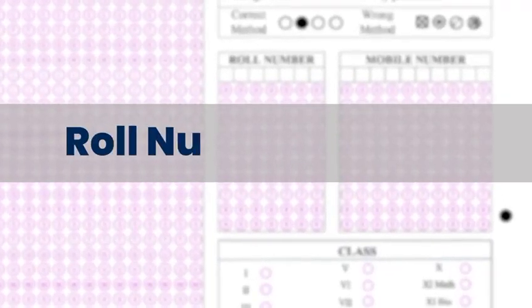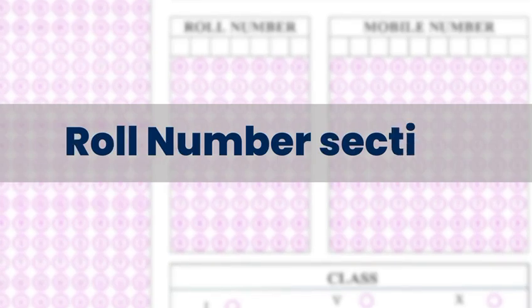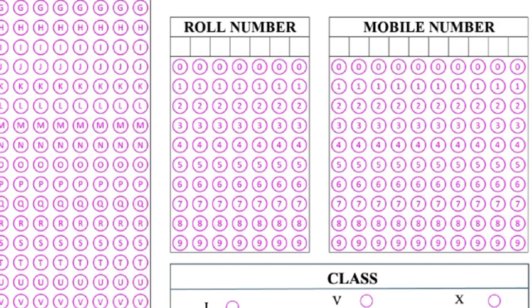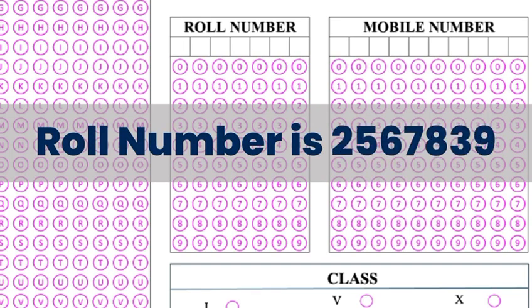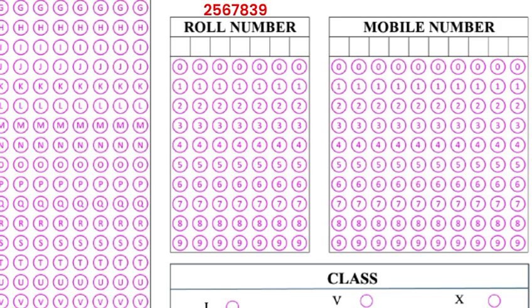The roll number section requires you to fill your unique roll number provided by your school. Here's how you fill it. Start from the rightmost box, write your roll number one digit per box, moving towards the left. For example, if your roll number is 2567839, follow these steps. Write 9 in the last box, 3 in the sixth box, 8 in the fifth box, 7 in the fourth box, 6 in the third box, 5 in the second box, and 2 in the first